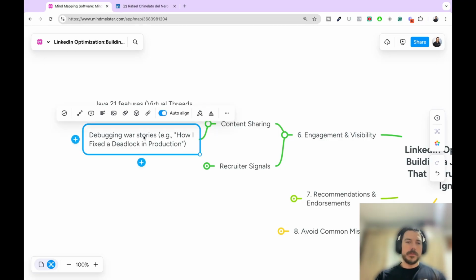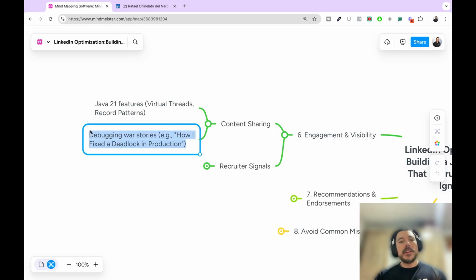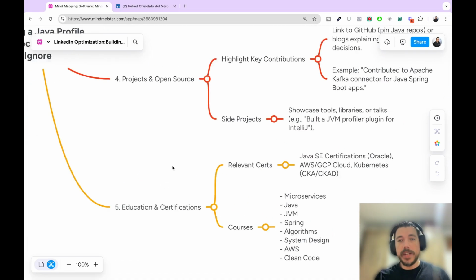So, for example, you can share knowledge about situations you faced on your job that might help other developers, and that's really valuable. Why? Because it's your experience. It's something nobody can copy, right? So, for example, you could even write an article regarding your career highlights.